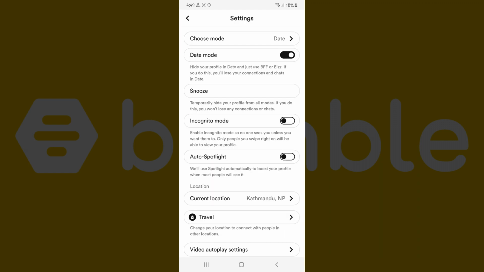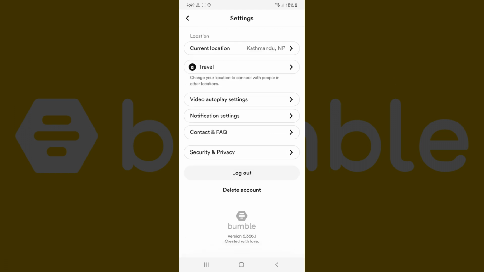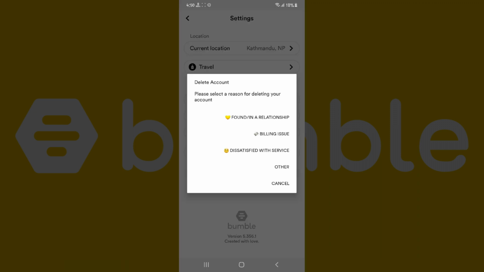Now there are lots of available settings here that you can play around with, but for now, let's just scroll down and you will be greeted by the main option that we're looking for, delete account. Let's click on it and it will ask us for reason for deleting Bumble account. Whether you're in a relationship, billing issue, dissatisfied with service or others, simply select whichever one you wish